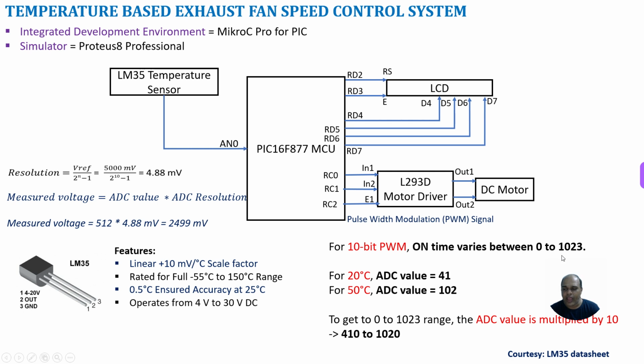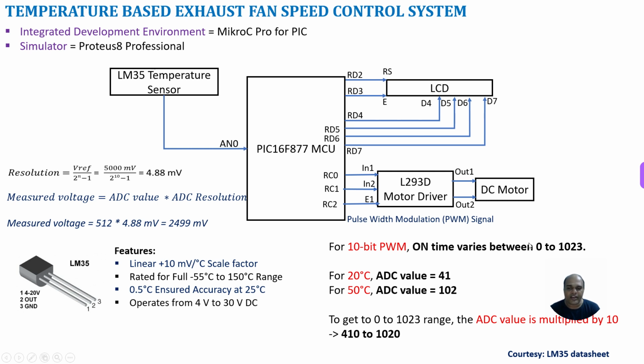So in order to have my ADC value in this range 0 to 1023, I am going to multiply this ADC value by 10. If I multiply this ADC value by 10, then I will get 410 and 1020 for this 20 degree to 50 degree centigrade. Then I can give this 410 to 1020 to vary the duty cycle of your